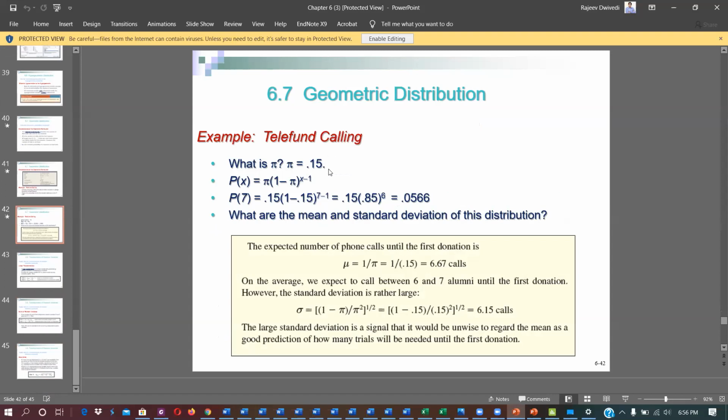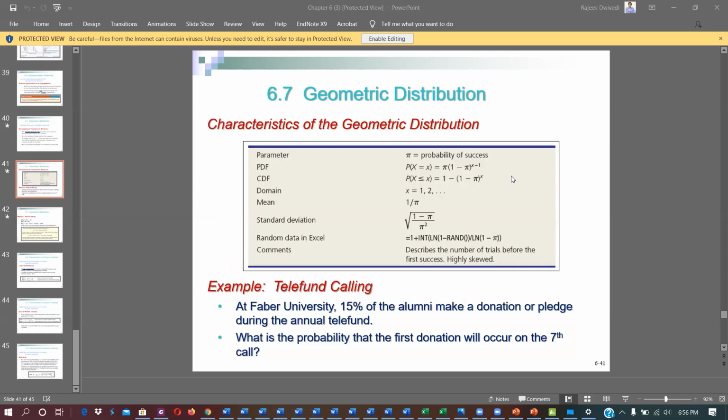So these are the distributions we need to study in chapter number 6. If all 4, 5 distributions are clear, let me proceed to chapter number 7. Any question related to this, Jim?